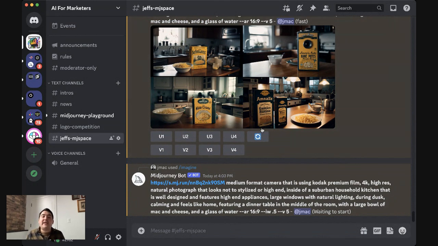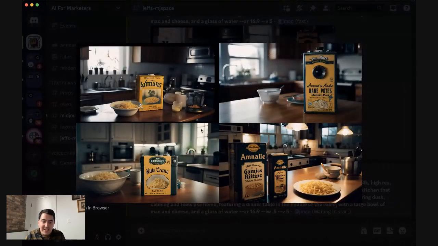But what we should get is still our kitchen, still the same mood, lighting, camera effect. I'm assuming that the Kodak quality film on a medium format camera is what gave us this really moody effect. That is all going to stay, but now what we should see is less of a box on our kitchen table.